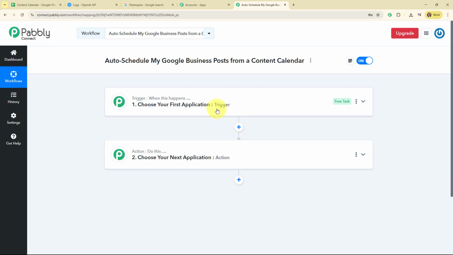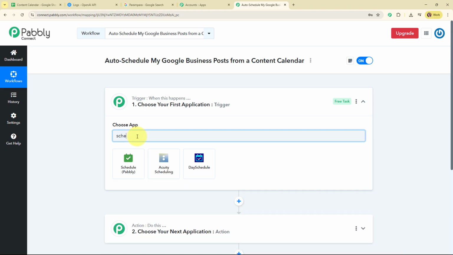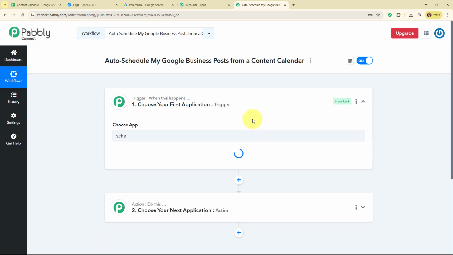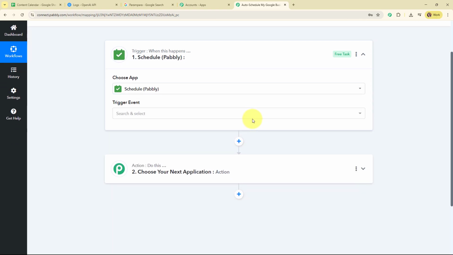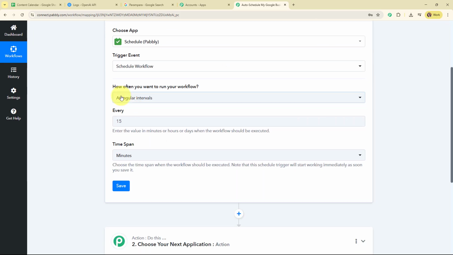Your automation can have a single trigger but multiple action steps. Now let's begin with our automation by simply setting up a trigger. So here I'm going to select my trigger application as Scheduled by Pabbly because I want to schedule the workflow for every day at a specific time. And here I'm going to select my trigger event as Schedule Workflow, and then it is asking me